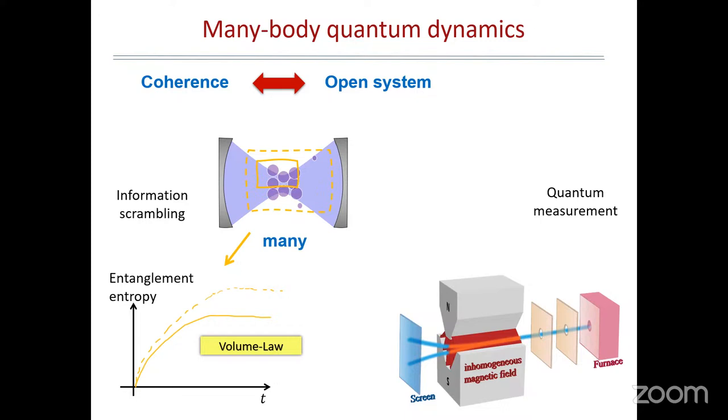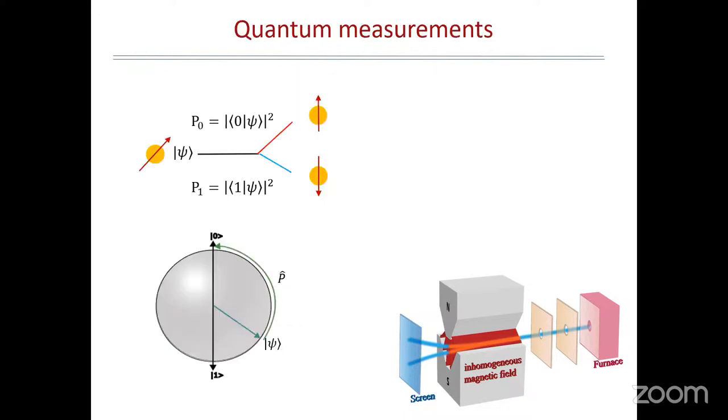So we are looking at the entanglement entropy of the subsystem, which, as a rather general rule, will scale with the system size in steady state, and that's what we call volume law. It means the system has typically thermalized. So that's the behavior we are looking at. And the question is, what does measurement do to that, and why are we interested in looking at an external environment which consists of quantum detectors?